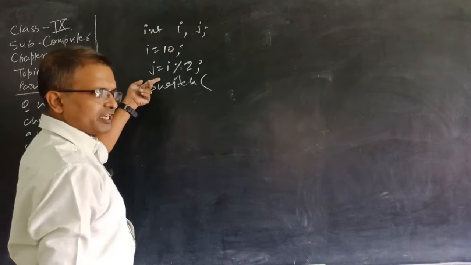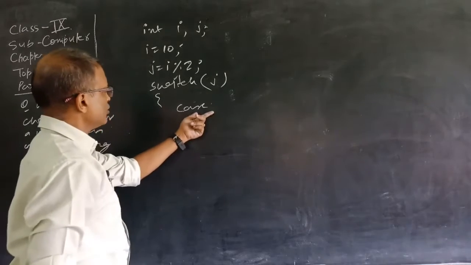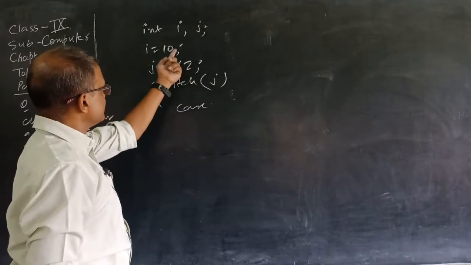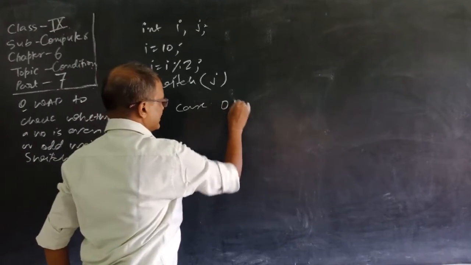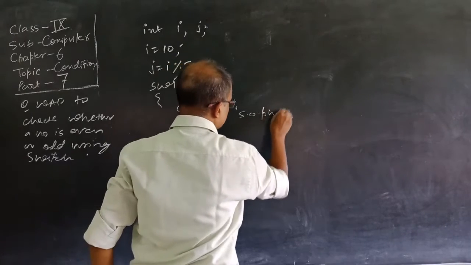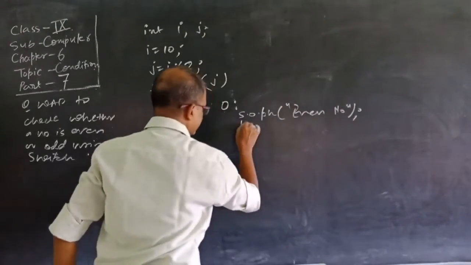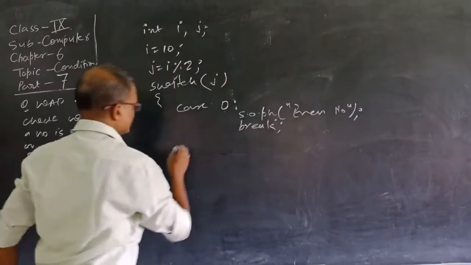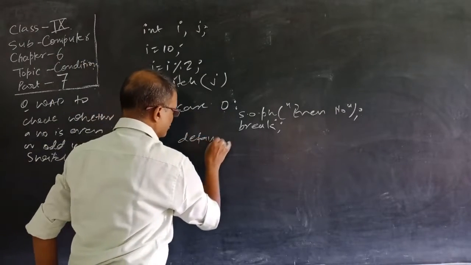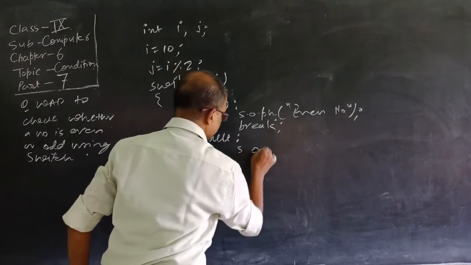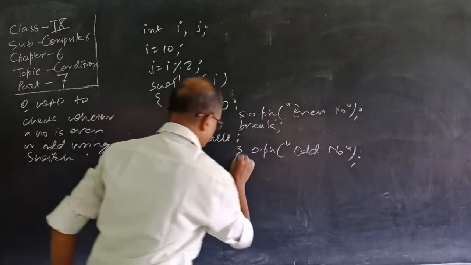So the condition is based on j, so here the variable j will be used, and here use case. On which value of j will the number be even? On the value 0, so here we will write 0. Here give a colon and print System.out.println even number, and then here you have to use break, and for all other values except 0 the number will be odd, so default for all other values, System.out.println odd number, break.